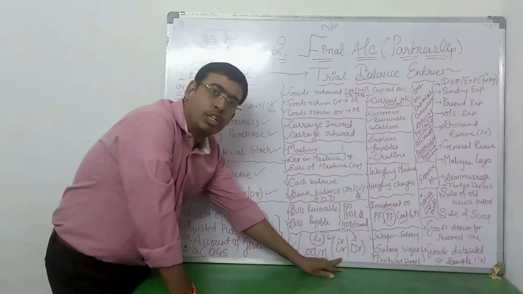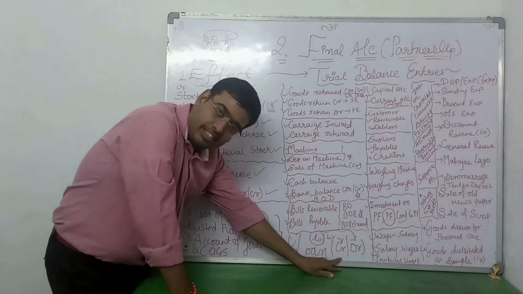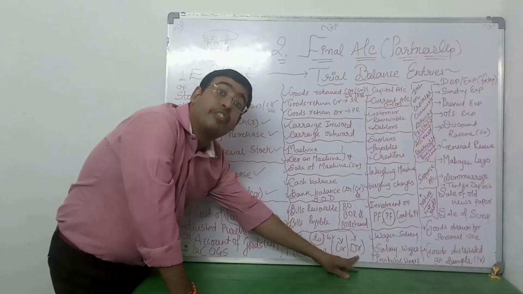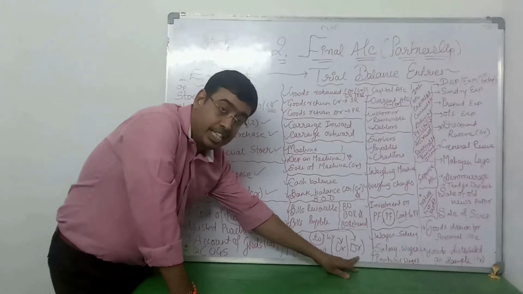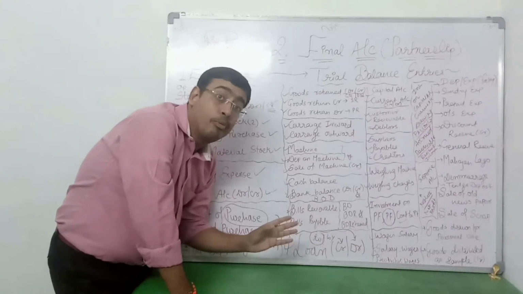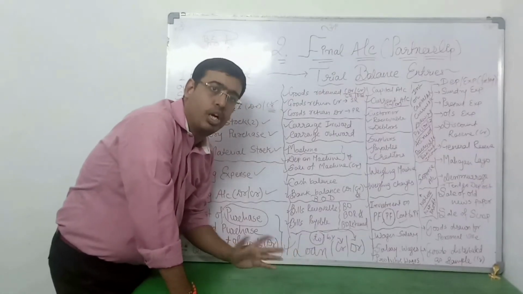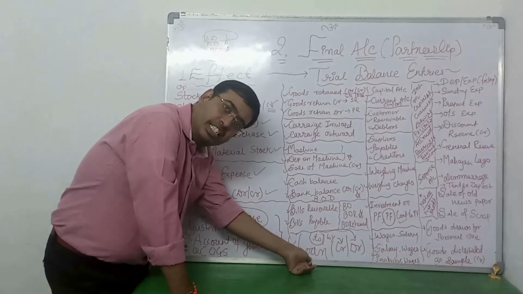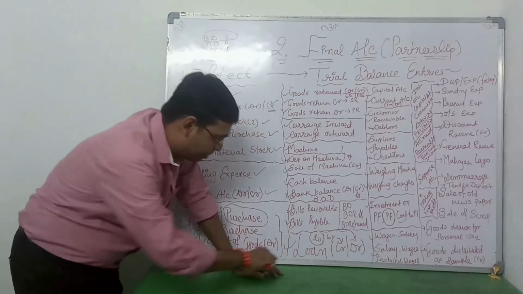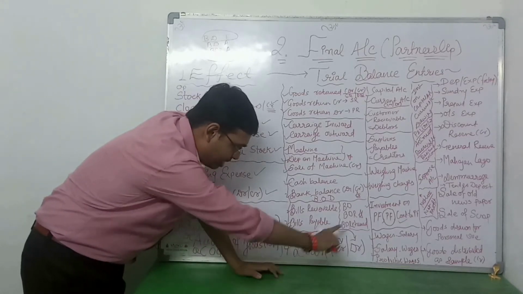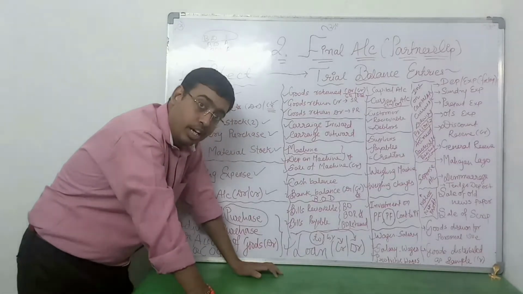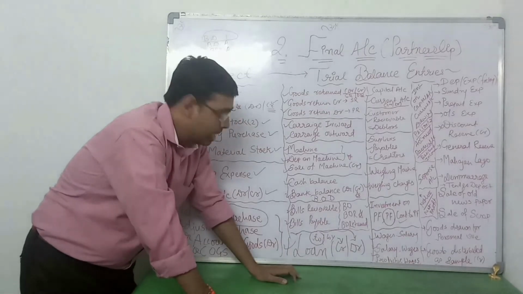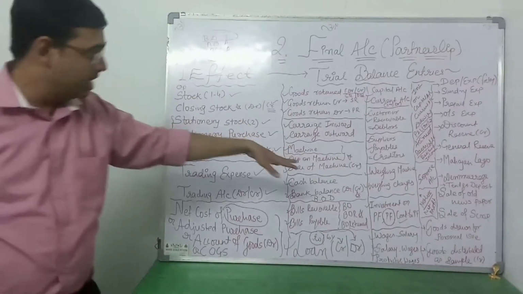You have taken the loan, so you will write it in the capital plus liability side of the balance sheet. And if it is written on the debit side, then it is your asset, because you have provided a loan to either your employee or somebody else. So you will write it on the asset side of the balance sheet. Similar concept: if loan to XYZ is written, then it is your asset, and if loan by XYZ is written, then it is your liability. Clear, Lalu? Everything is clear here?